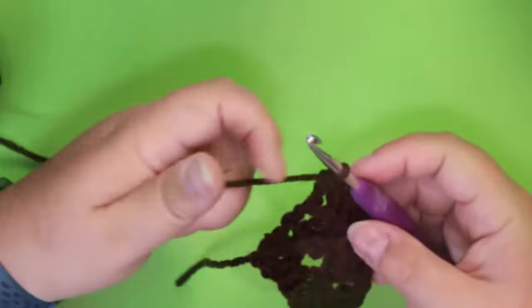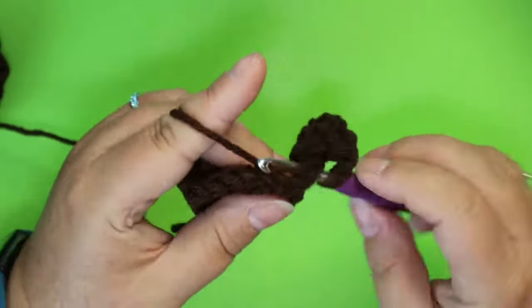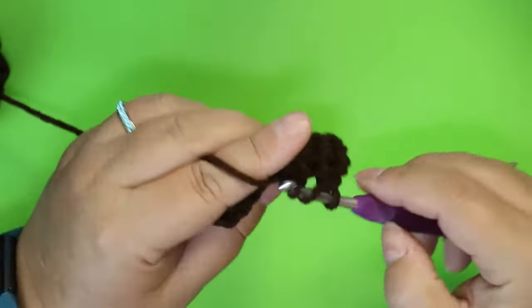Put 3 doubles. Chain 1, skip 1, 3 doubles. Chain 1, skip 1, into the space you can put 3 doubles. Chain 1, skip 1, chain 1, skip 1,